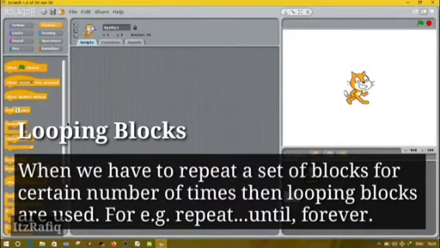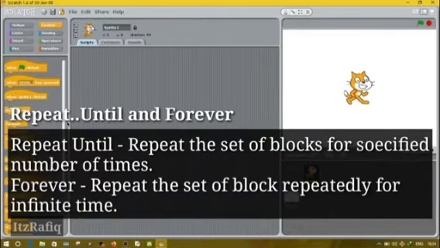Then loop. Loop means repeating. When we want to repeat the same step again and again, then we'll use loop blocks. Mainly we'll get two types of loop: repeat until and forever. Repeat until means we'll write some condition, like till how long the loop will continue or how many times the loop should continue.